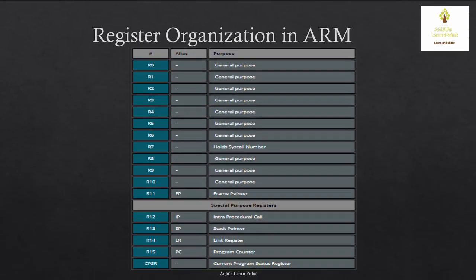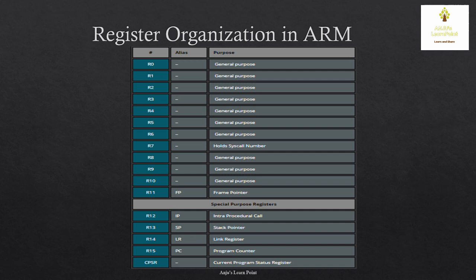So let us look at that. Registers R0 to R11 are called the general purpose registers. Registers R12 to R15 along with CPSR, or the current program status register, are together called the special purpose registers. So R0 to R12 registers can be used during common operations in order to store some temporary values, pointers, etc. R0 can be considered as an accumulator during the arithmetic operations.